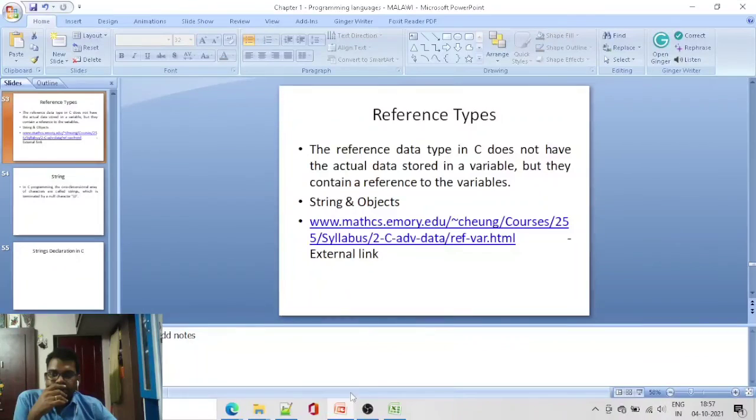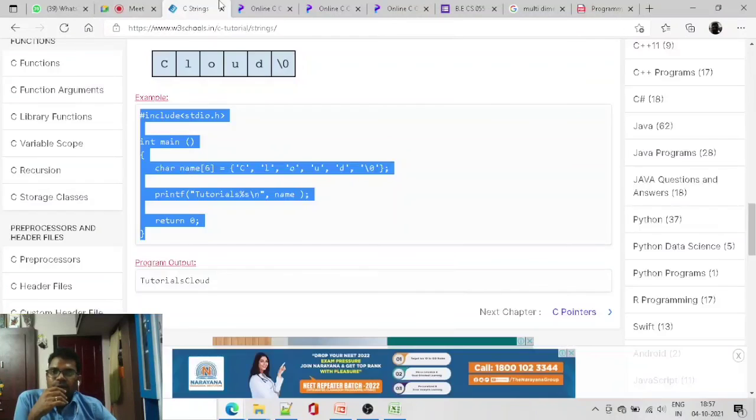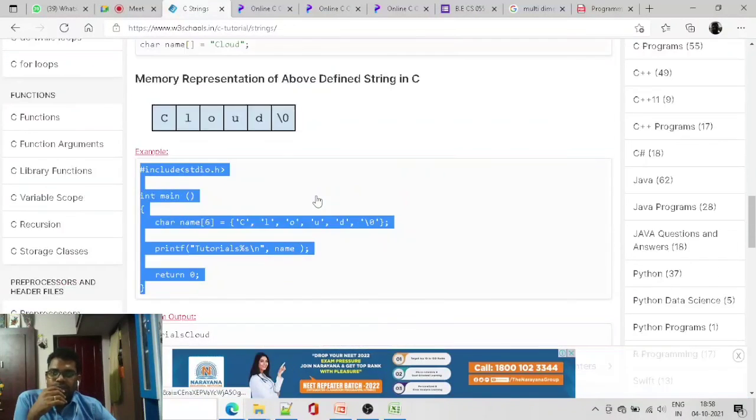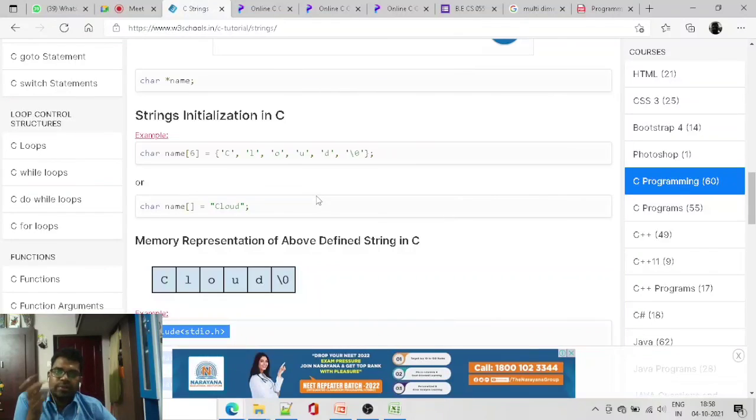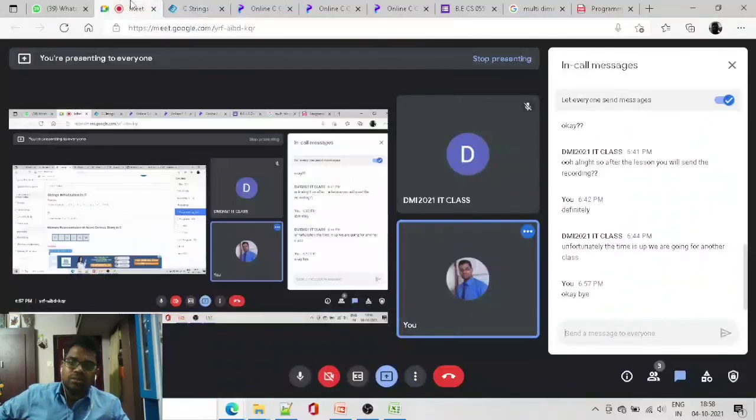I think we can complete this session right here. We have discussed a lot of different kinds of data types, so kindly spend some time to learn these data types. This will be very helpful till the completion of your course, because these are the very basic things you all need to know. So with this we can wind up this class. See you in the next class. Bye.